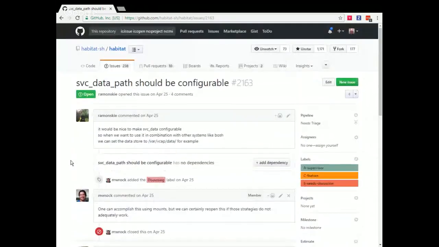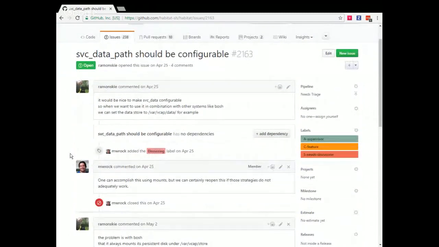Yep, I think that this is a reasonable request. So effectively, for anybody that doesn't understand what's being asked here, inside our Habitat paths, when you install a Habitat package and run a Habitat service, you end up with a bunch of utility directories that are the expected locations for us to put various bits of things for the service that you're running. All of those exist under hab svc, and then the name of your package, right?